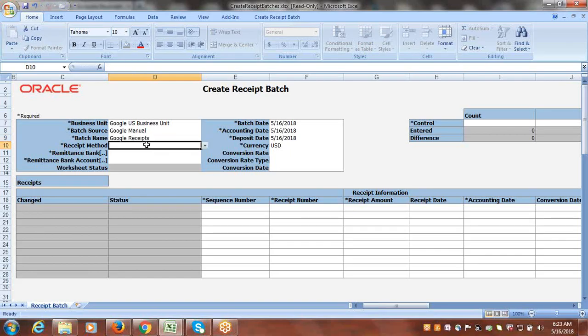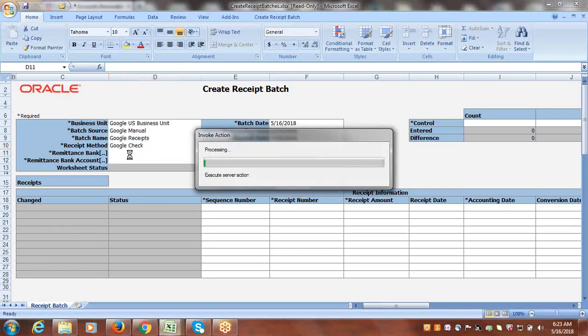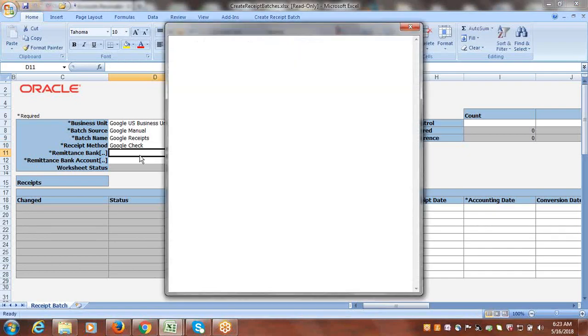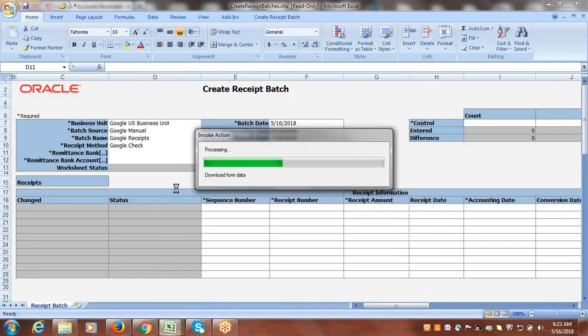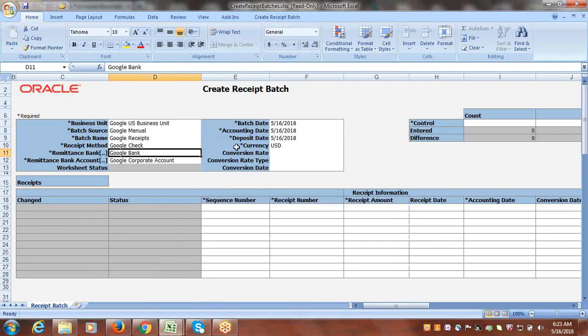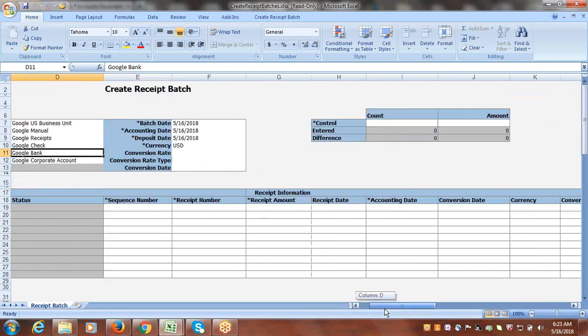Receipt method: how you are getting the payments from the customer, through check. Select the remittance bank account details. We have a bank account called Google, select it. So the system is defaulting the account name, and here the system is taking the batch date, accounting date, currency information,